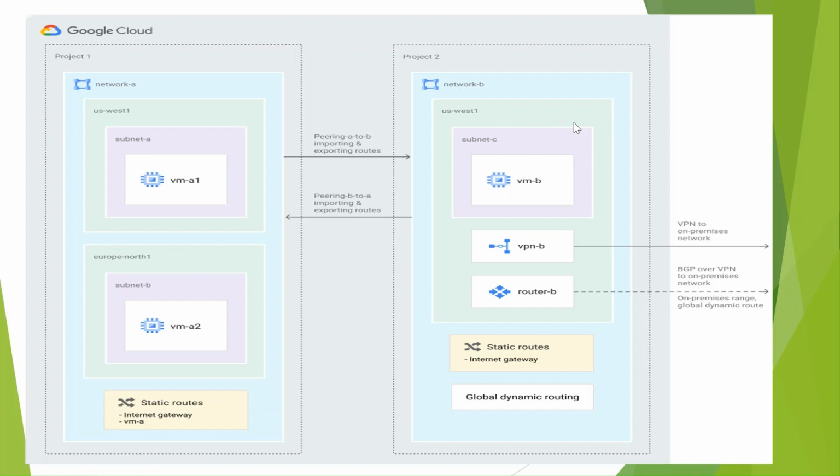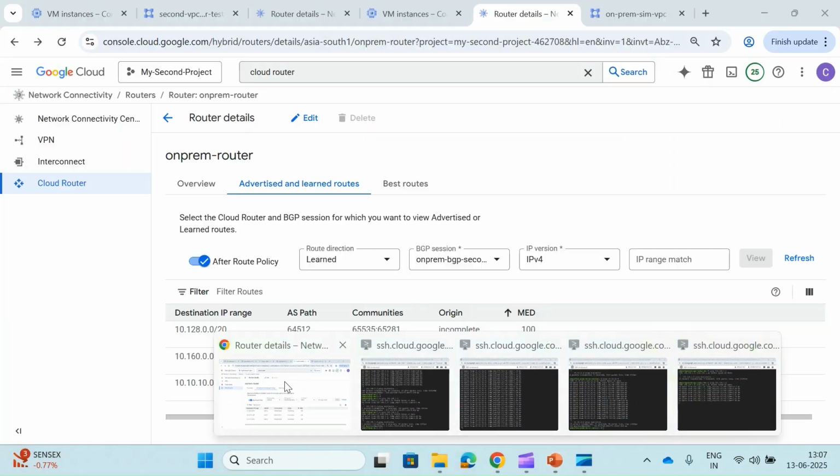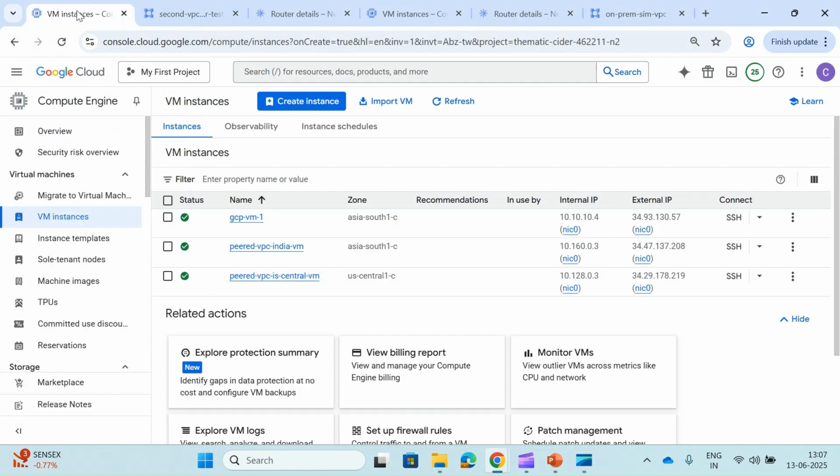That's why if we try to send the traffic, there is no route and it will get dropped. Once we add the custom advertisement, the custom routes, it will know that to reach this VM, it needs to use this specific route. Once we add the routes, it will start working. So let's go back and we can see it is working fine as of now.